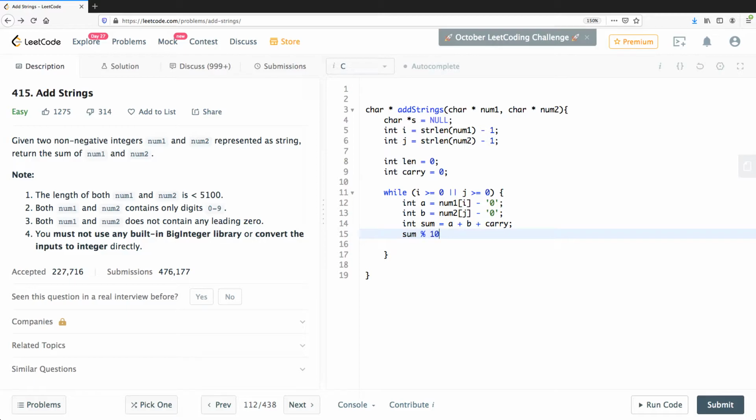Now sum mod 10 will give us, for example, 5. Let's say we are working on this: we get a as 1 and b as 5, carry is 0. So, a as 7 and b as 8, and carry is 0 to start with. So 8 plus 7 is 15, sum mod 10 is 5, so we got 5. But then we actually need to go back from integer to the ASCII character representation of that,